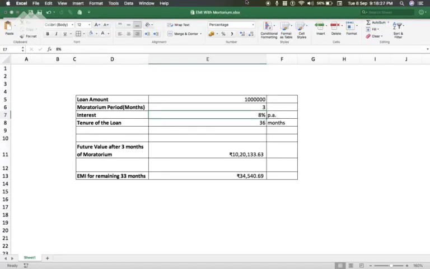Hi, in our previous video, we learned how to calculate EMI. Now you all would be aware that because of this pandemic situation, the Reserve Bank of India has given a moratorium period of 6 months. Based on that moratorium period, we will have to calculate the new EMI of the customer or the borrowers. So this is what we are going to learn in this video: how to calculate the new EMI in an Excel sheet with reference to the moratorium period.